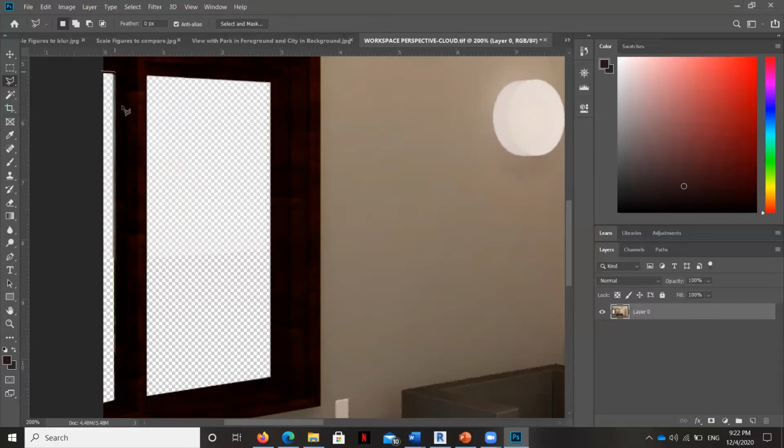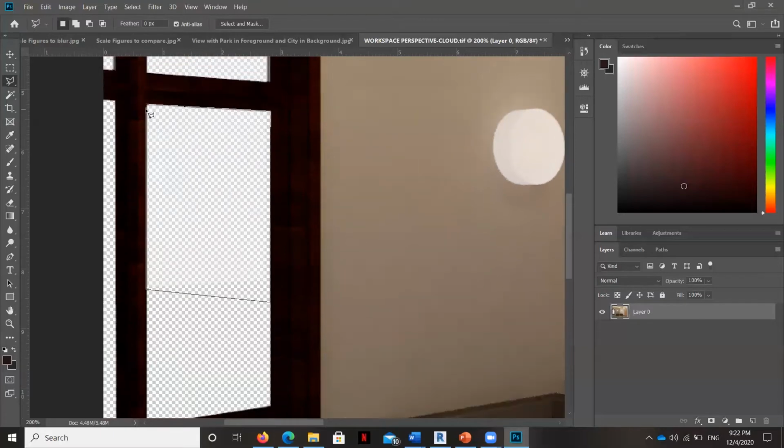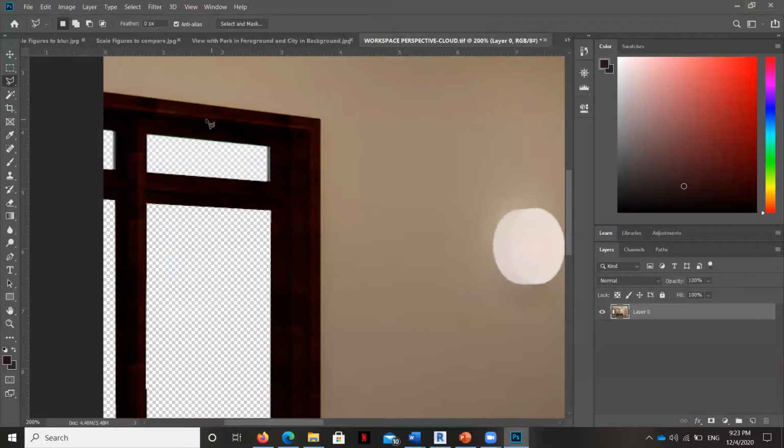If you ever get stuck in a command where you've got a marquee and it's not the shape that you want, all you have to do is hit Control D, that's deselect. Okay, so I've gotten rid of that, and then I'm going to do the same thing up here.